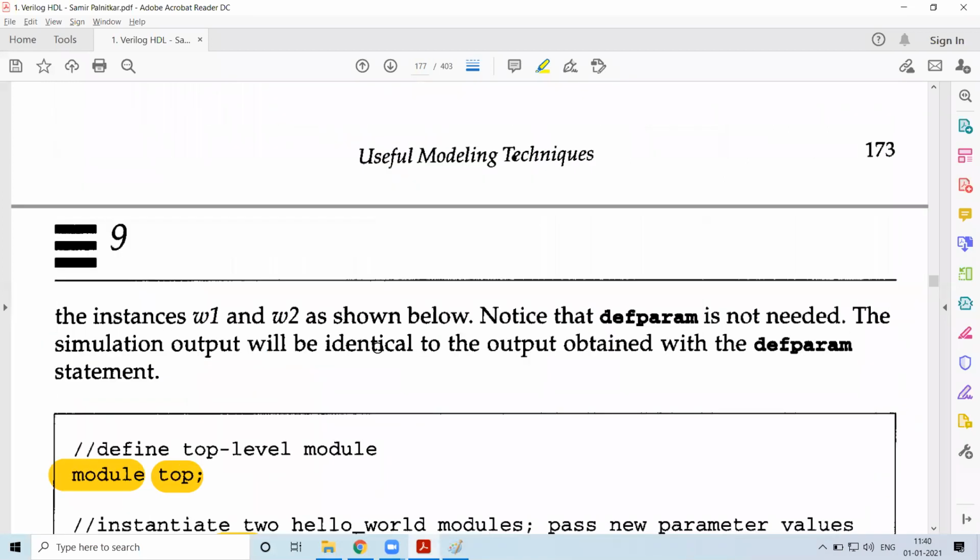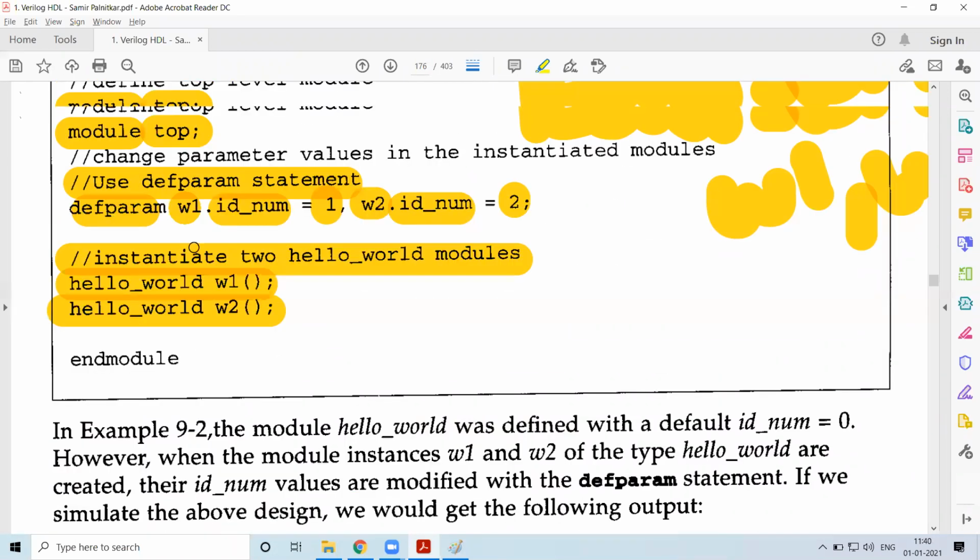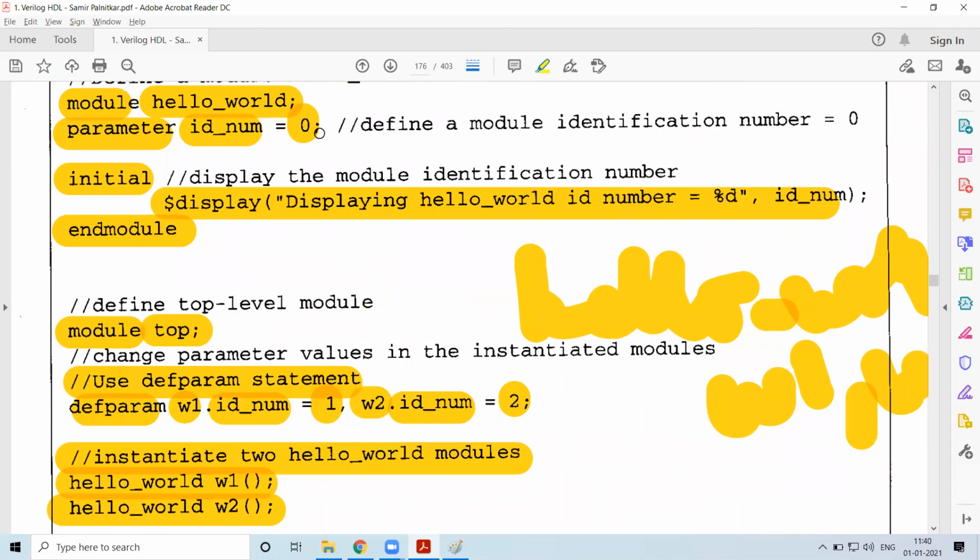Now here only one parameter is present. We can have even n number of parameters.